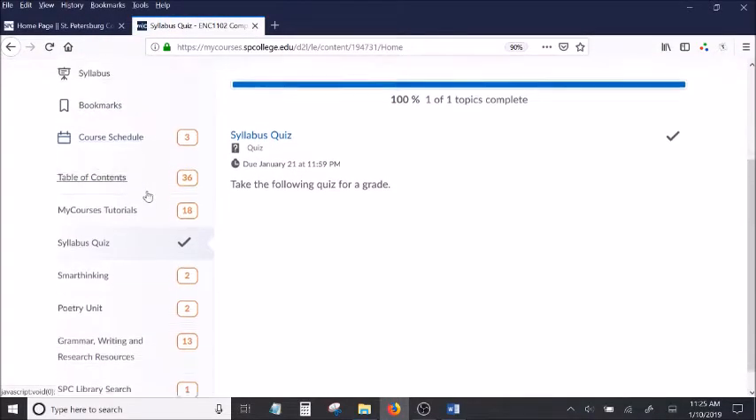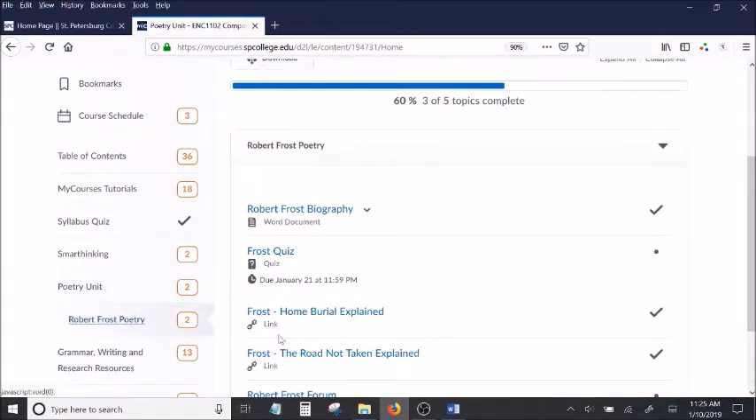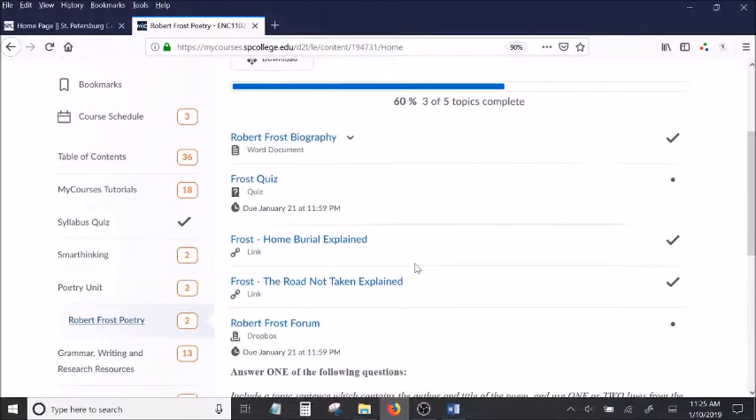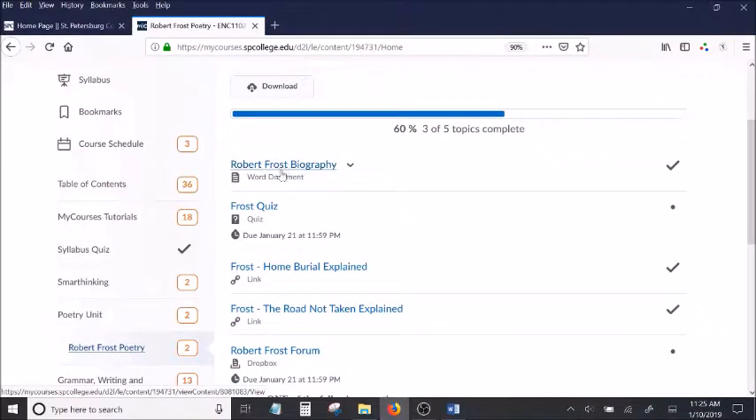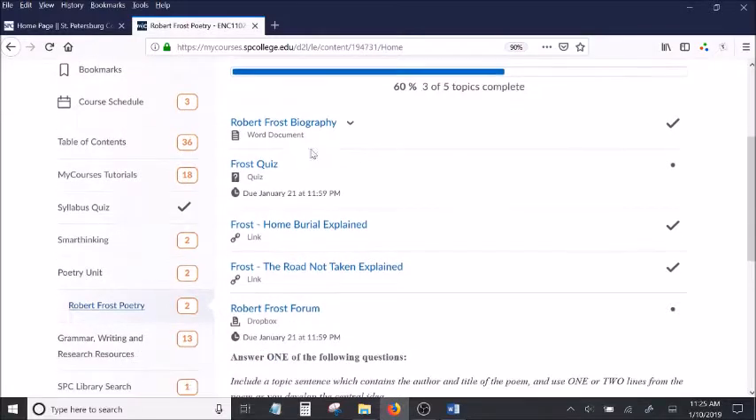Back in the course content section, the next thing that you'll do is go into the poetry unit, and there's a Robert Frost folder. It begins with a biography of his life, if you want to learn a little bit about the author, and that is followed by a quiz. Now, when you take this quiz,